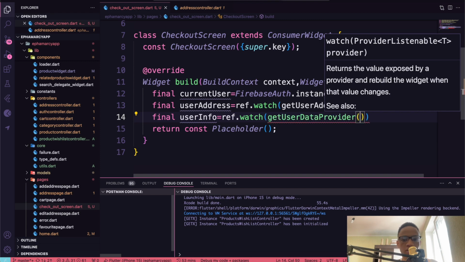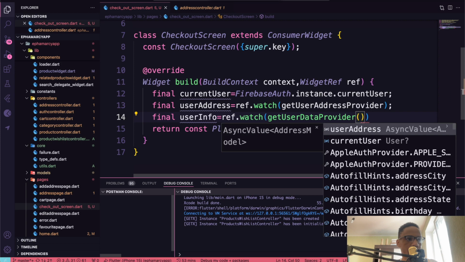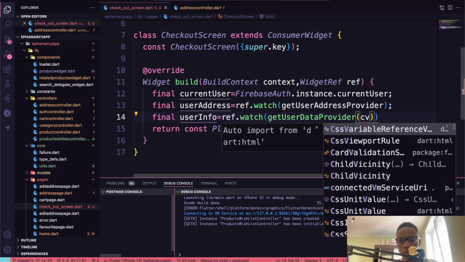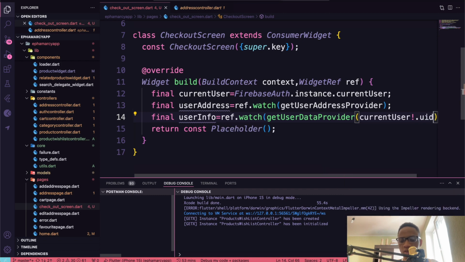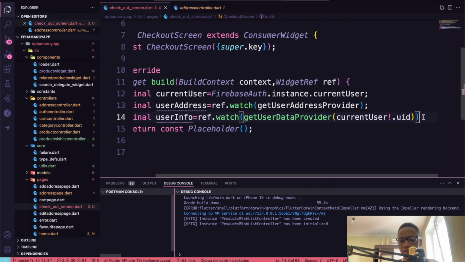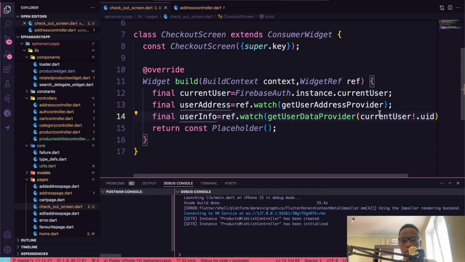And in this we need to pass in the current user dot uid, because we want to get a specific user's information. Okay, forgive me for that. The next thing that we need to do is